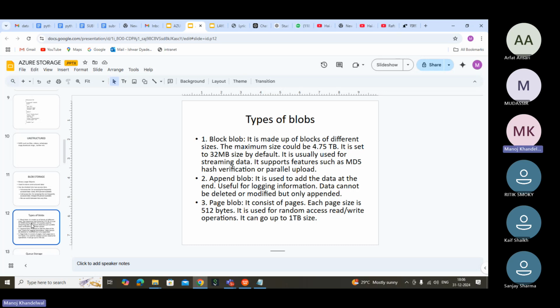Then we have a page blob. A page blob consists of pages. Page blob is like your hard disk. In hard disk, you are doing random access. Randomly, you're putting data, retrieving data, modifying, deleting, every damn thing you're doing.